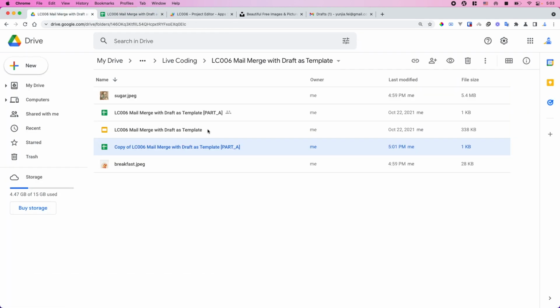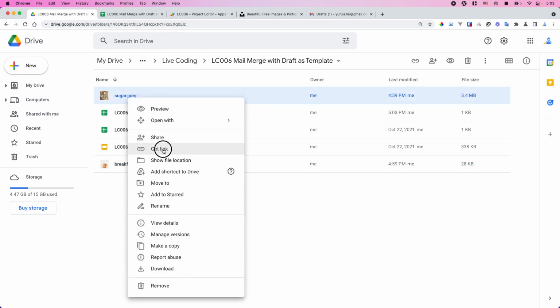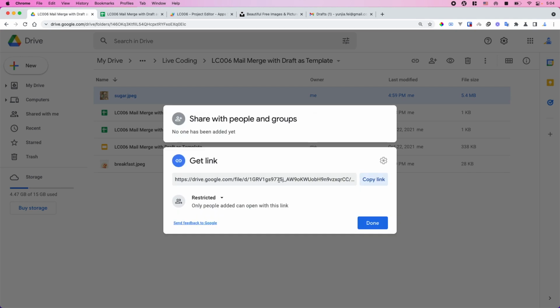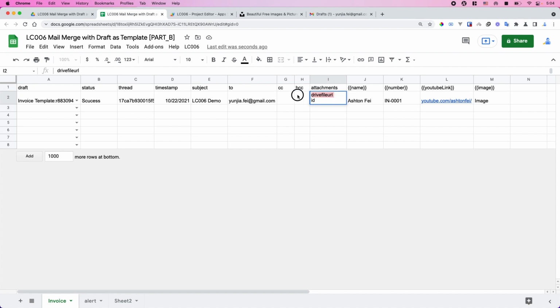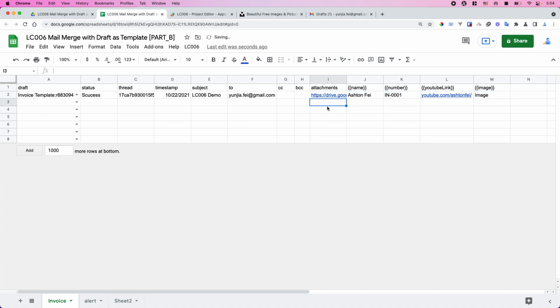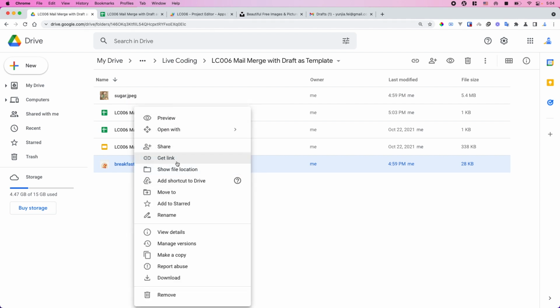So here I have two pictures. So let's get the link for this image. So let's copy this link. So the link is copied, and let's add the link here. All right. So the first one is the link, and for the second image here, I'd like to